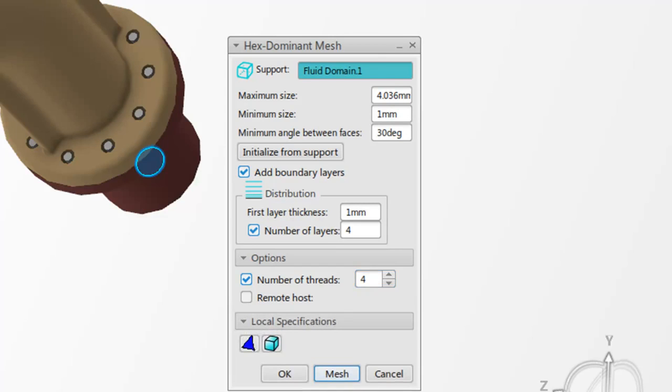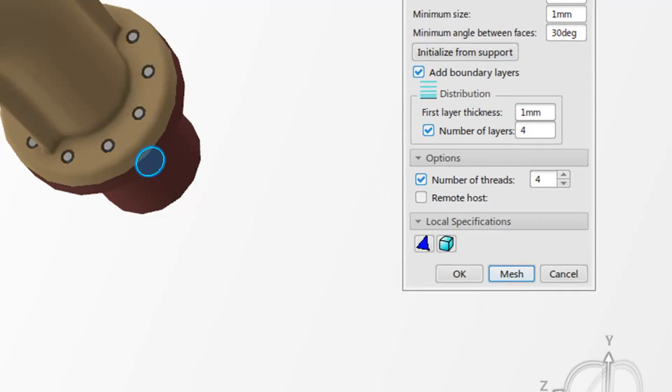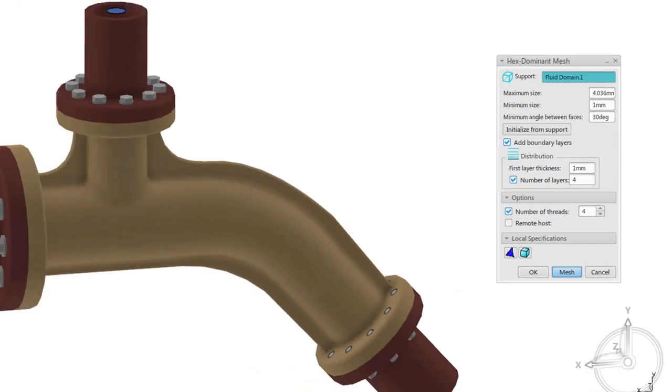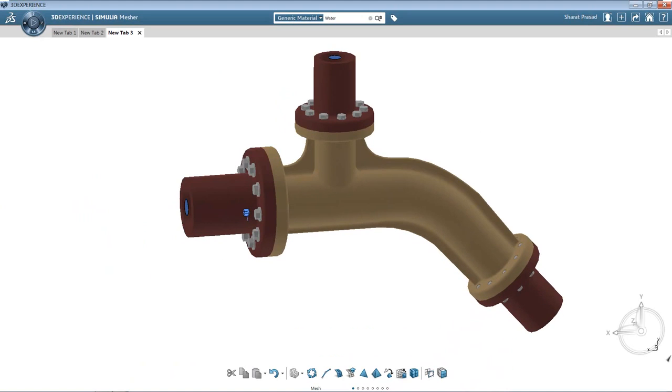You can also choose to specify local specifications, which basically means that you can define regional mesh settings on a volumetric basis or on a basis of local edges. In this case, I'm not going to use the local specifications. One of the other things you can do is hit mesh right here and create the mesh. But you can also just select OK and save the mesh settings and let the process generate the mesh during the